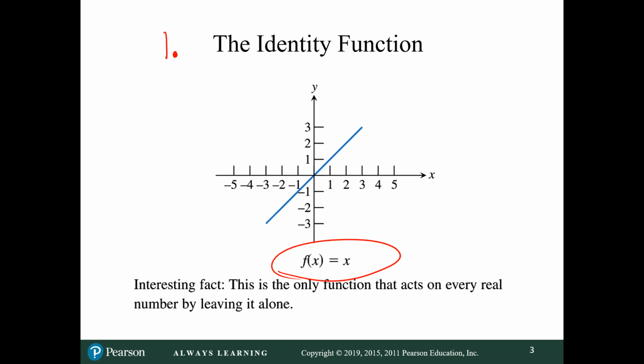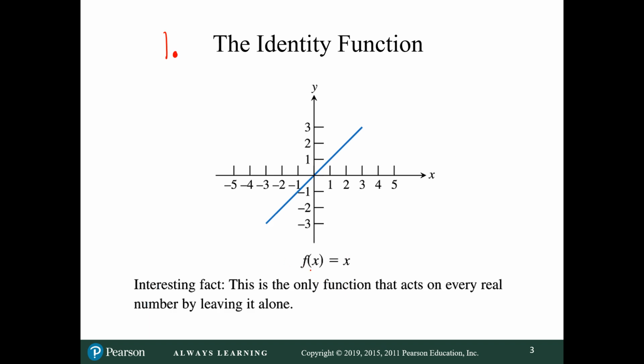It makes a straight line. This would include f of x equals 2x, f of x equals 5x minus 1, and so on. We can manipulate this into all kinds of other graphs, but the basic function